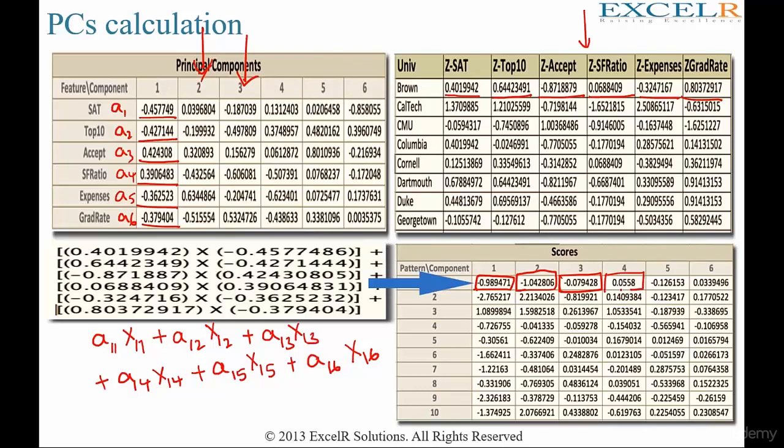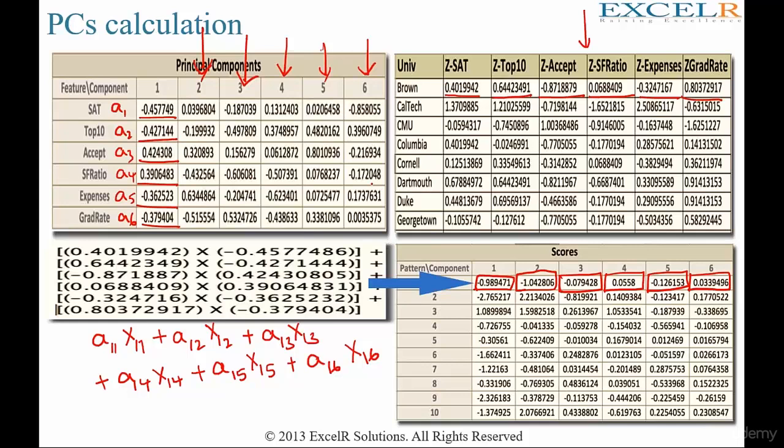If you want the fourth value, you multiply this with the first record. If you want this value, you multiply this particular column with Brown University, you'll get this. And if you want the sixth value, you multiply this sixth column of weights with the first record,